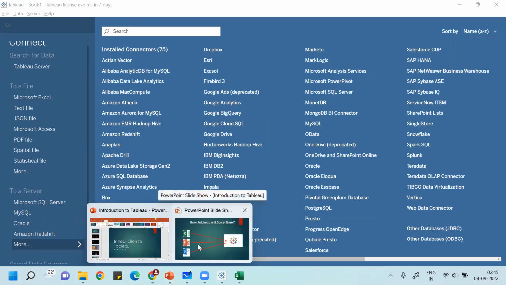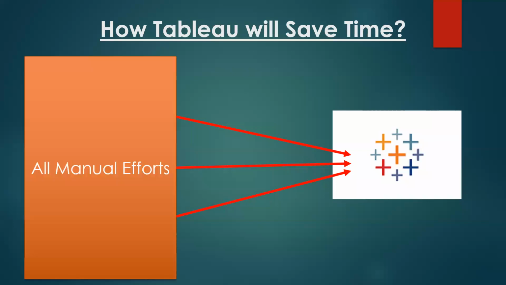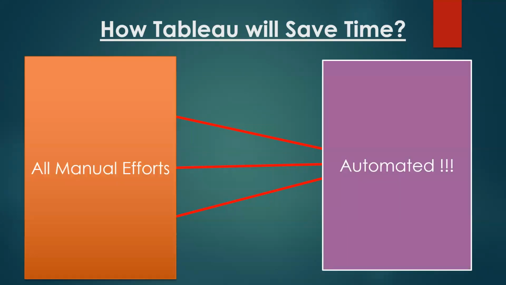If you want, you can use the Tableau Public version instead of the desktop version. I'm using the desktop trial version, so it's all up to you how you want to use it. If you buy the Tableau Desktop version, you need to pay around $70 per user per month. That would be a little expensive if you're not a working professional.